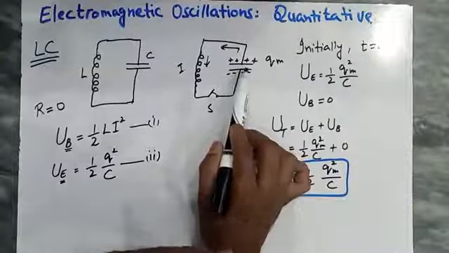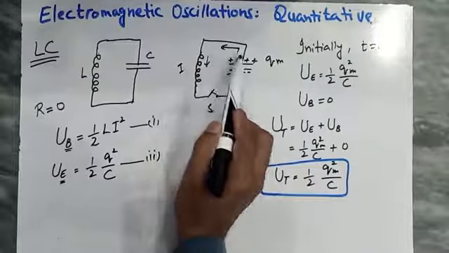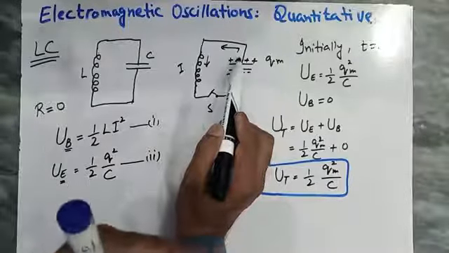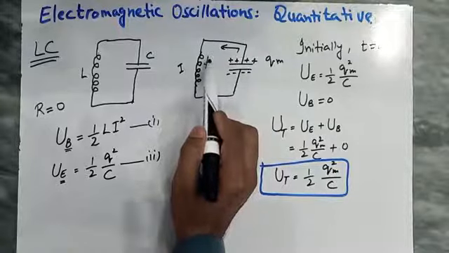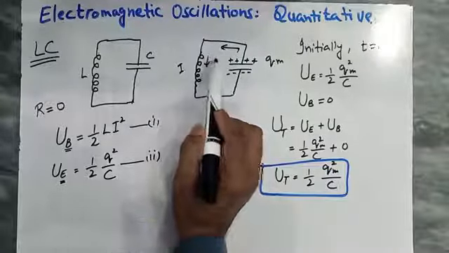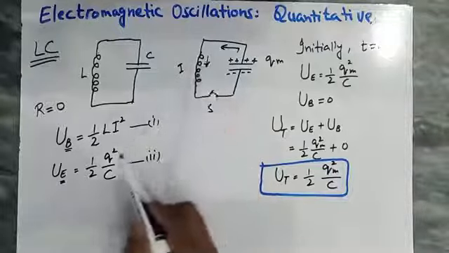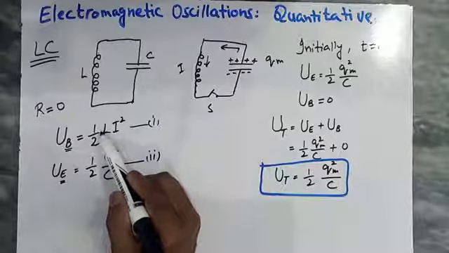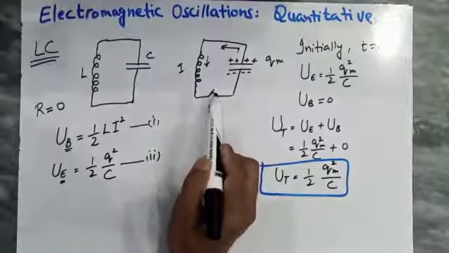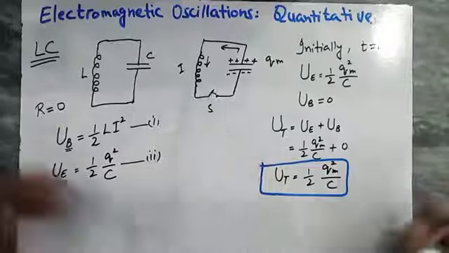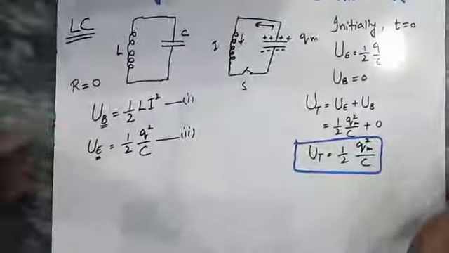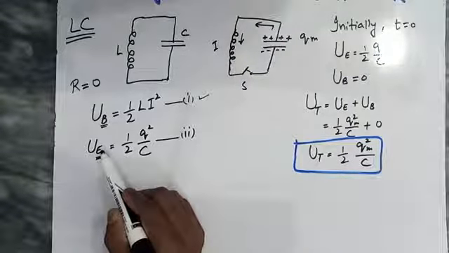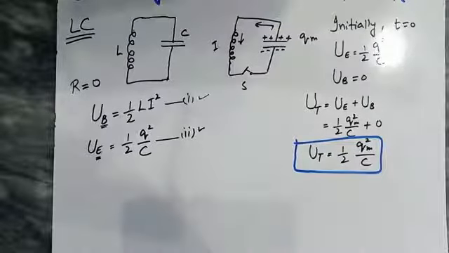capacitor also decreases, and that charge which is being discharged from plates of capacitor flows, and rate of flow of charge is called current. So when current flows through this inductor, energy stored in inductor at any instant is given by this formula. So when we close this switch, then after some time at any instant, energy stored in inductor is given by this equation and energy stored in capacitor is given by this formula.